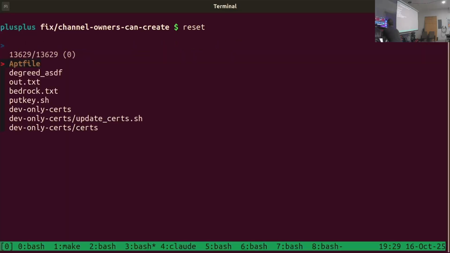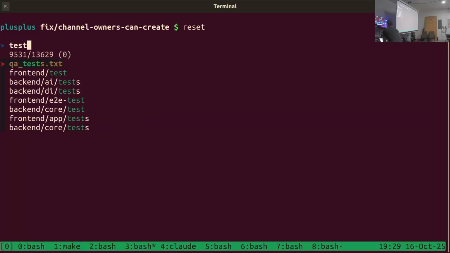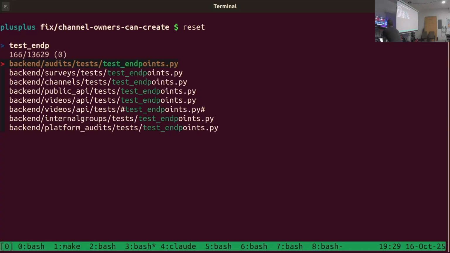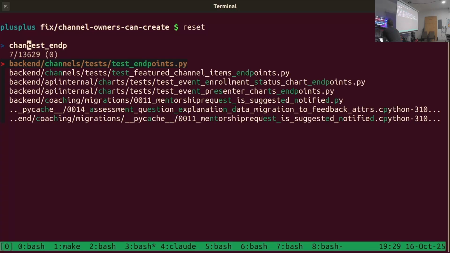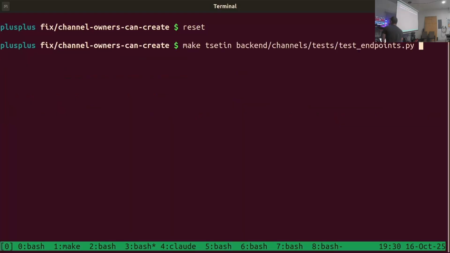I type Control T and look for a file called test endpoints. There are a bunch of them, so I jump back to the beginning of my search and start typing something like channels, and the one that has chan in it and also test endpoints in it is there. I hit enter, and it subs it into my command line.